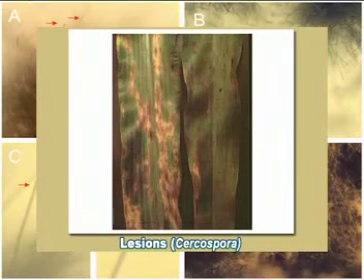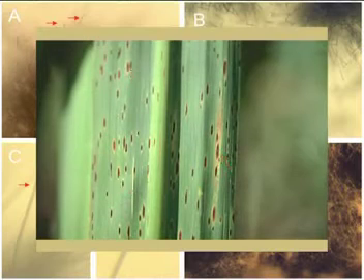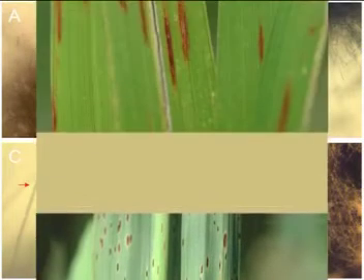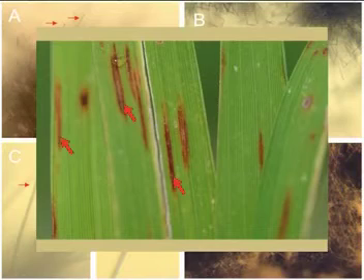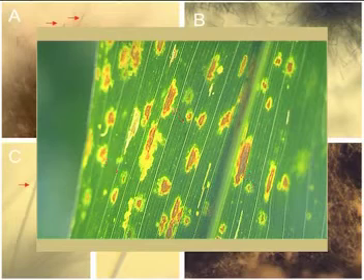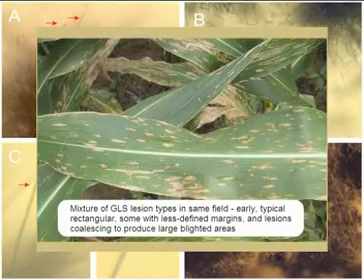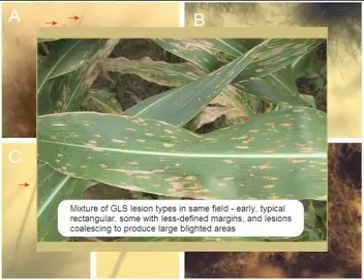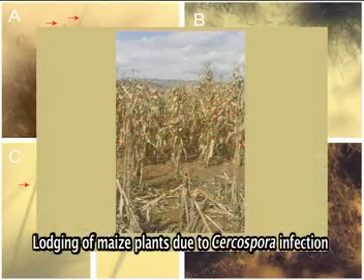Mature foliar lesions are rectangular, gray to tan in color, long and run parallel to the leaf veins. Under severe disease, lesions may coalesce and blight the entire leaf. Initially, tan-colored lesions are confined to leaf margins as the fungi are not able to penetrate sclerenchyma tissue in the leaf veins. Early symptoms of infection include pinpoint lesions surrounded by yellow halos, which elongate later and assume rectangular shape. Lodging may occur if stalks are also affected.